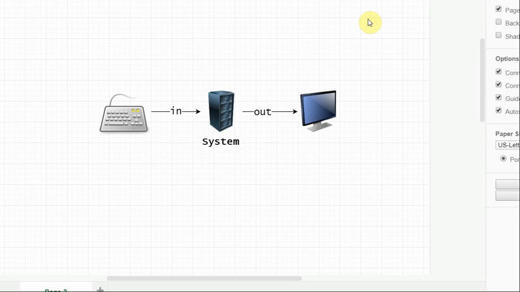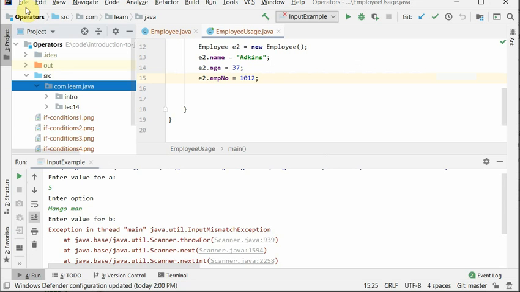So in today's episode, we will talk about how in Java we will take input from the user and how we can output anything, like on the screen. So as this is a very basic introduction class, we will look at very simple examples. So let's create a new project